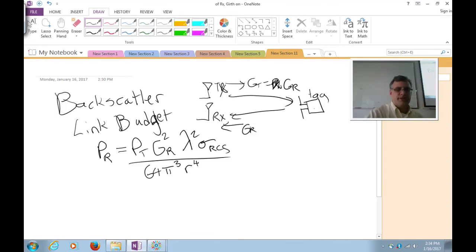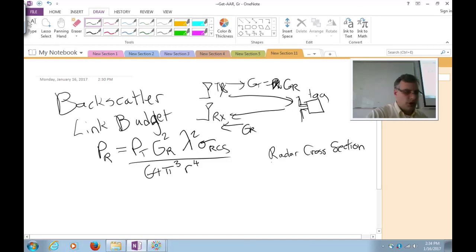And it turns out that if this is an antenna instead of just an object, then its radar cross-section will reflect just like any other hunk of metal or object in space. But we can actually solve for its radar cross-section. It is a function of its gain,